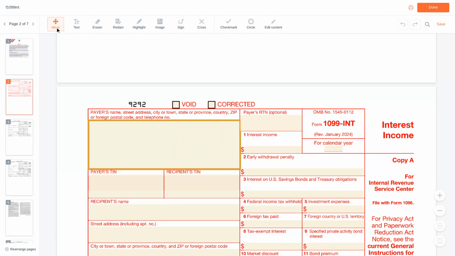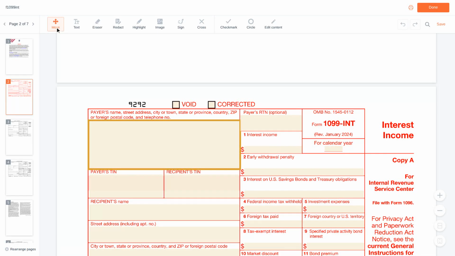IRS Form 1099-INT is the interest income form. Banks, credit unions, brokerage firms, and other financial institutions send this form to any account holder who earned $10 or more in interest during the year. The interest reported on this form is generally taxable as ordinary income and must be reported on your federal income